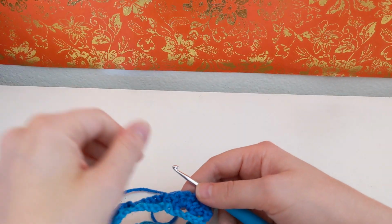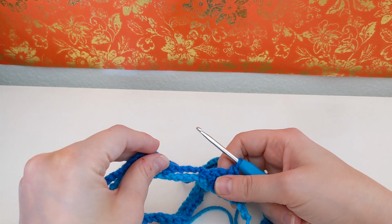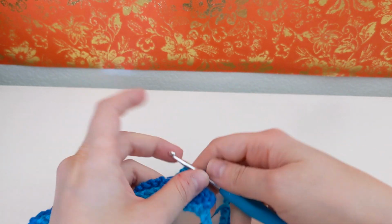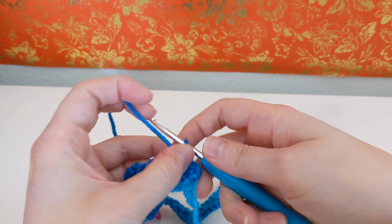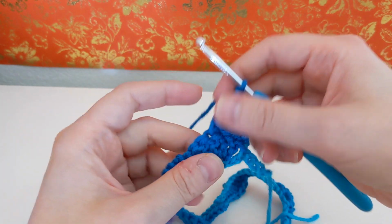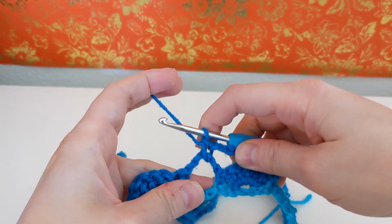So we're on row 2, and I'm only going to row 3 today because this shawl pattern is just a repetition of rows 2 and 3 for 22 rows. So this is row 2. So slip stitch in the next 2 double crochets, single crochet into the next double crochet, which I did, then chain 5, 1, 2, 3, 4, 5, and single crochet into the next chain space. So right here, this guy. All right, so I single crocheted,